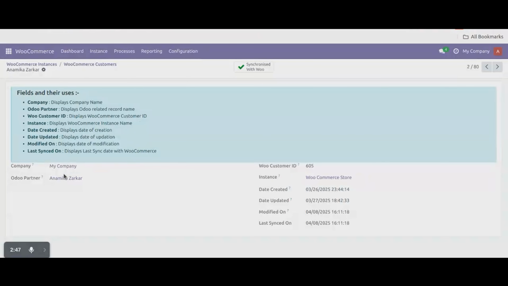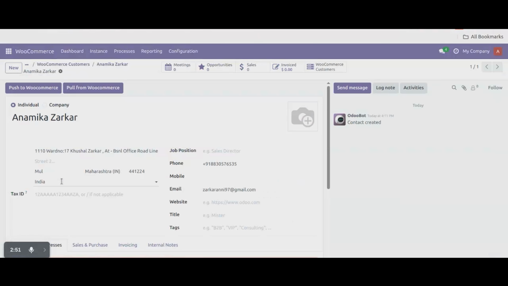And that's it! With the Ksolves WooCommerce Connector, importing your customers into Odoo is fast, reliable, and